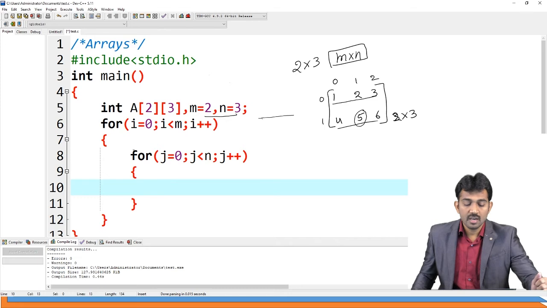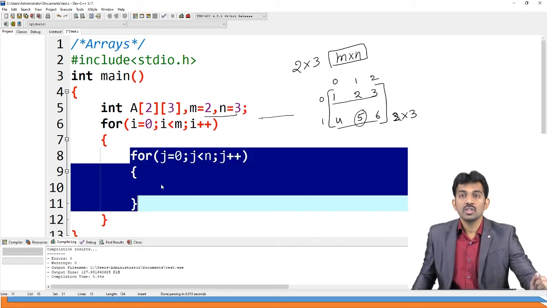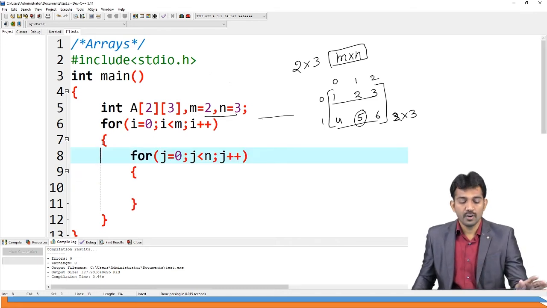This for loop is for columns, and this for loop is for rows. Is this clear?